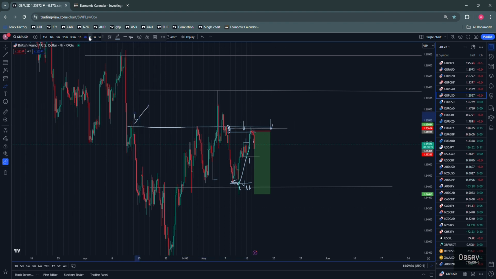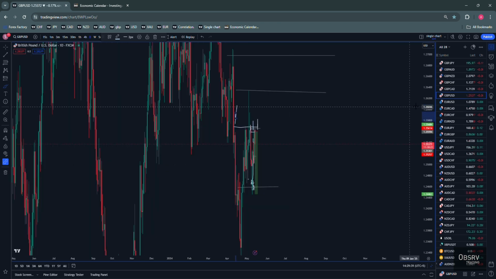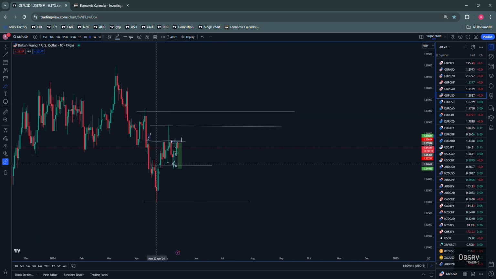If I go to the daily, you'd be able to see that this is a seller that sold from up in here. But the thing that bothers me about this trade, and the reason why I got out with majority of my positions down here, is because on the daily time frame, this was the last sell that happened and that went all the way down to there, and then this buyer has basically taken it out, right? That is why there's a line here. I do expect the price to come all the way down to here, if it is a sell, if not lower. But if you still take a look at the daily, this is one buy that happened yesterday, right?